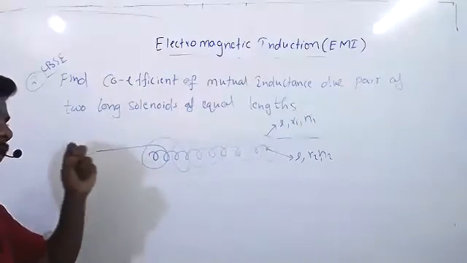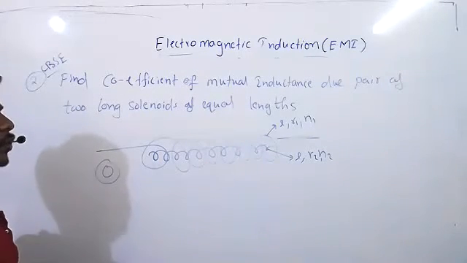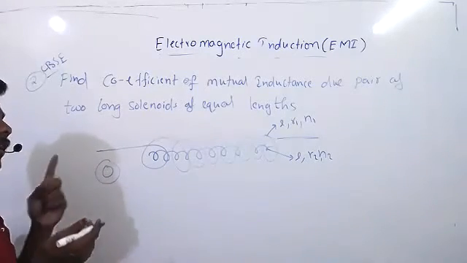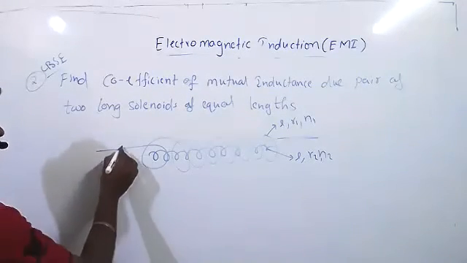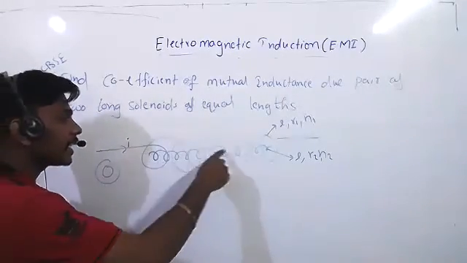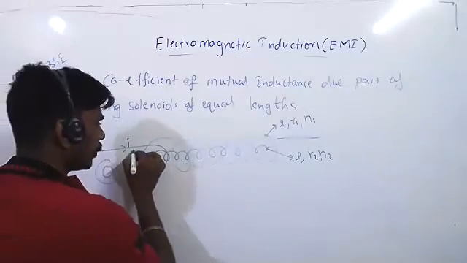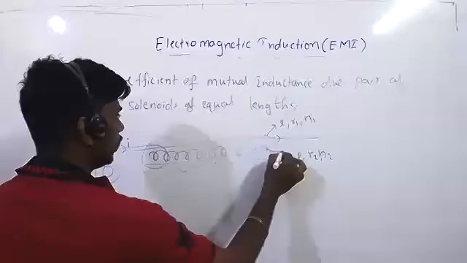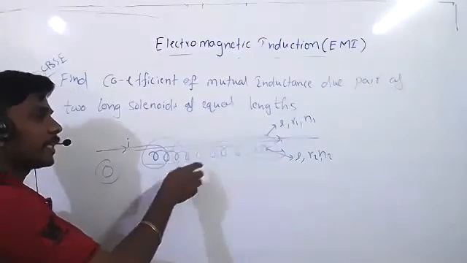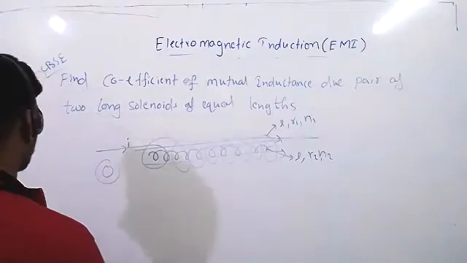So now, the same concept. Before we have taken circles. Here we have taken two solenoids. There we substituted the magnetic field at the center of the coil. Here also the same. Suppose I1 current is passing in the first solenoid. So a uniform magnetic field will develop inside the solenoid, at the center. That magnetic field is passing through the second one. So now you know how to solve that.